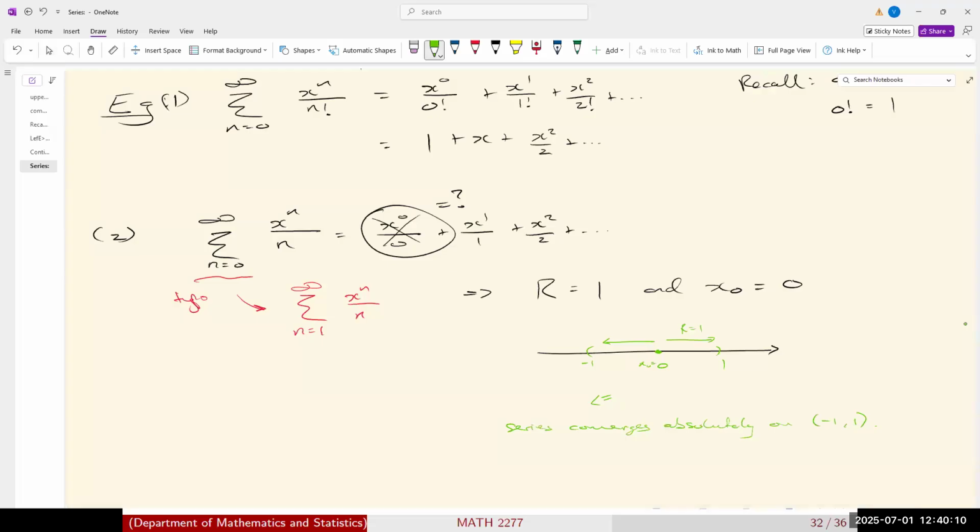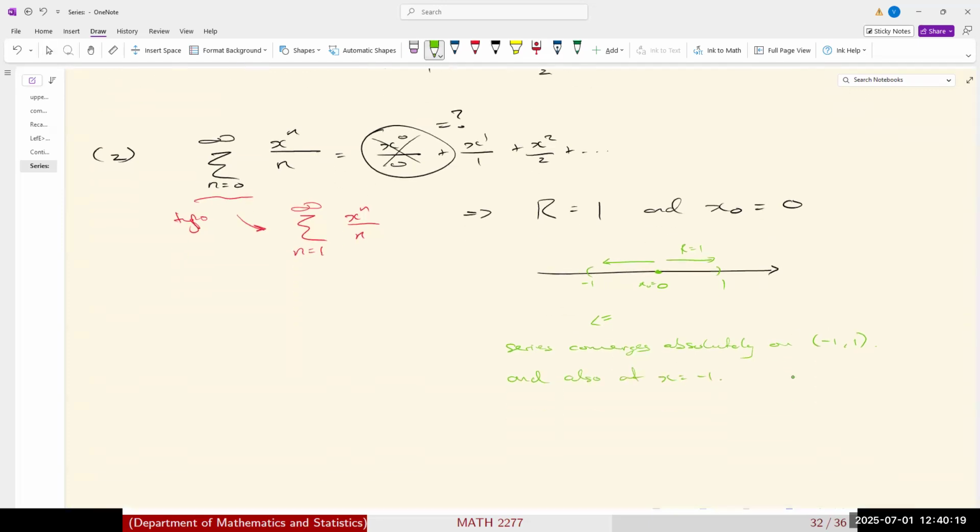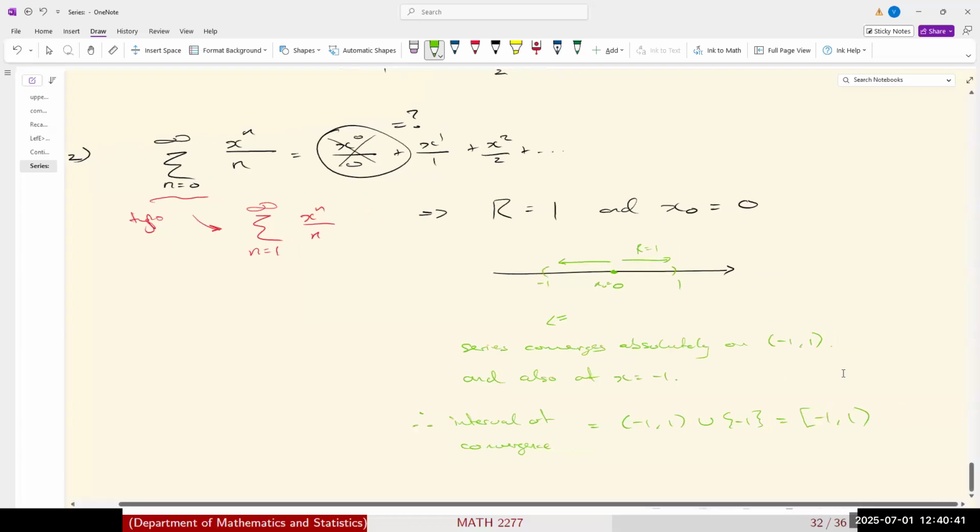So, and also at x equal to -1, right? So therefore, the interval of convergence is equal to the open interval (-1, 1) union the singleton {-1}, which of course is [-1, 1). So we need to check the endpoints,